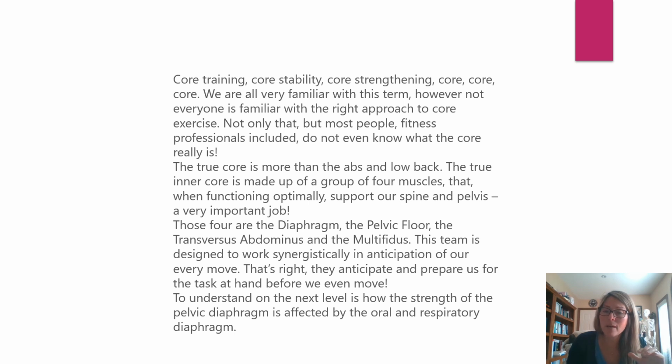So those four are the diaphragm, the pelvic floor, the transversus abdominis, which actually melds at the linea alba, wraps around, integrates into the fibers of the obliques, and then into that big thoracolumbar fascia, where it attaches, along with a few other muscles, most importantly the multifidus, to the lumbar spine. And so those, when they all work synergistically together, they not only help create stability, they actually anticipate movement. It's called an anticipatory response. And so when they're all working correctly and together, they create that support and strength that the body needs to